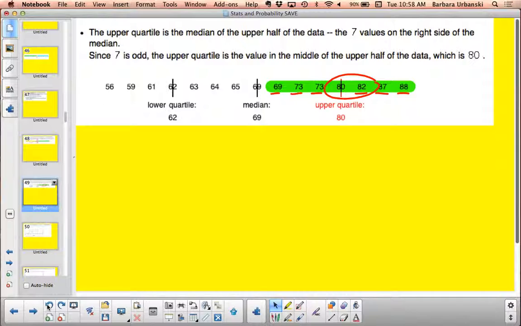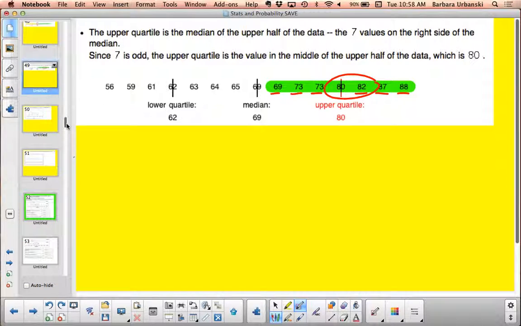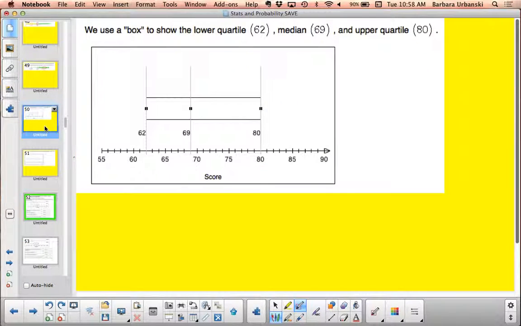And so here we have our lower quartile, we have our median, we have our upper quartile, and then we're going to take a look at how you would plot this. You would plot this on a number line. You have your lower quartile, you have your upper quartile, you have your median,